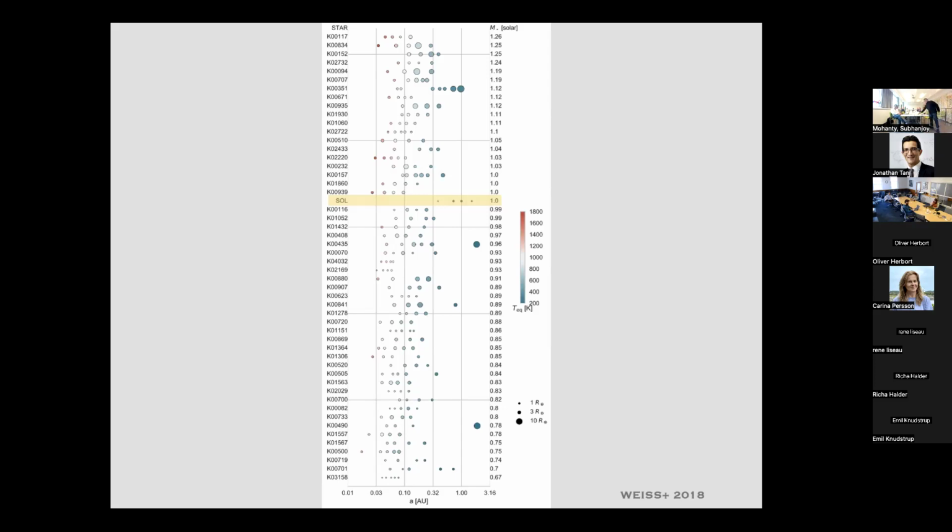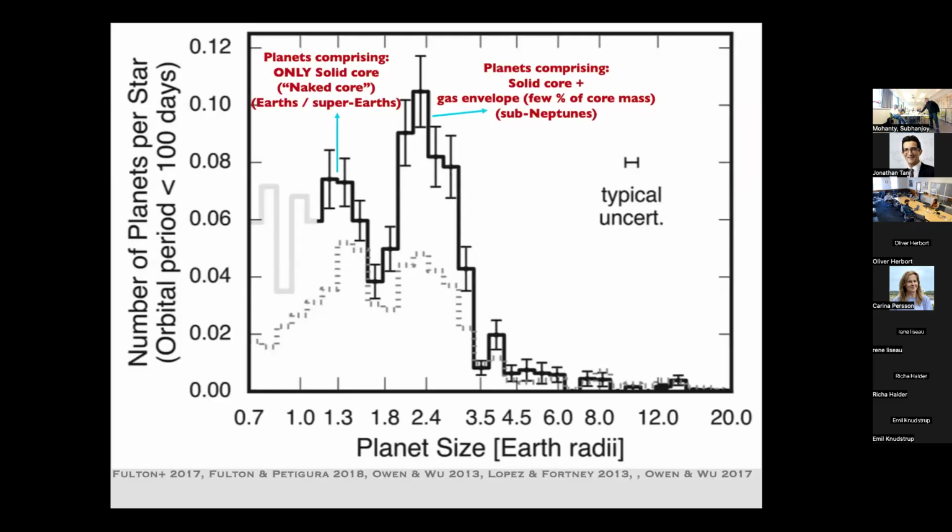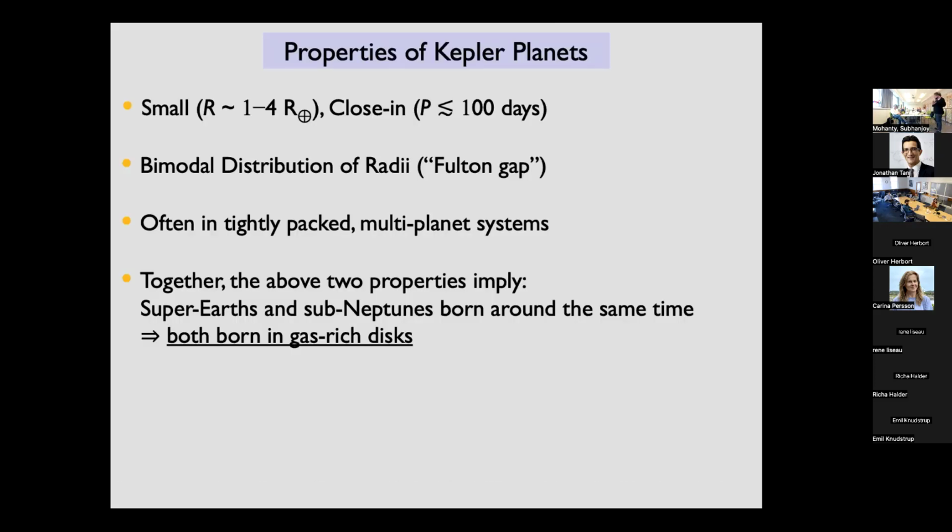And that's going to be a really important point because of this. Okay, so I'm going to introduce an idea first. The bimodal distribution of radii we have seen, and the fact that these are in tightly packed multi-planet systems together, imply that super Earths and sub-Neptunes are born together in accretion disks at the time that you have a lot of gas around. Okay, so these things are born together early in the lifetime of the disk when it has a lot of